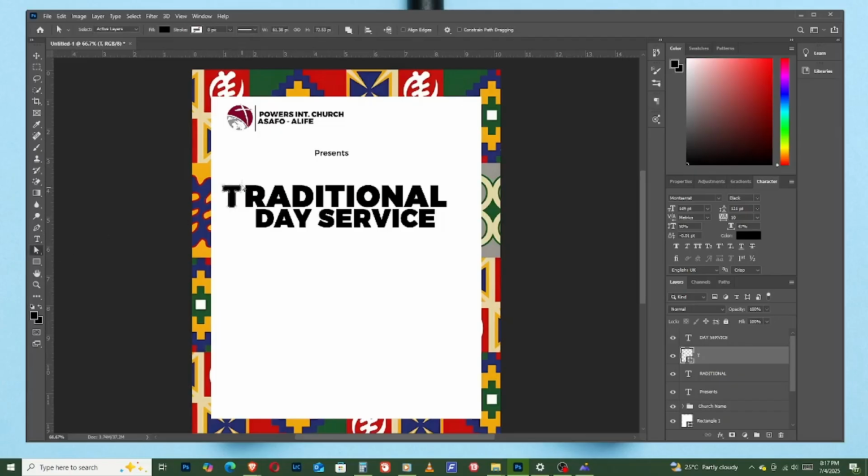So what I'm going to do right now is convert the text into shape. Since it's false bold, I have to undo it and go to turn to shape. So I'm converting the T to shape,